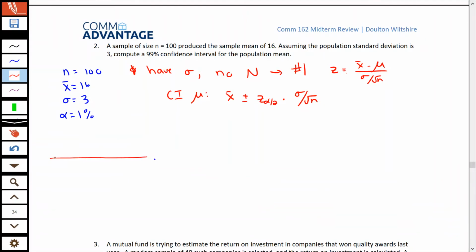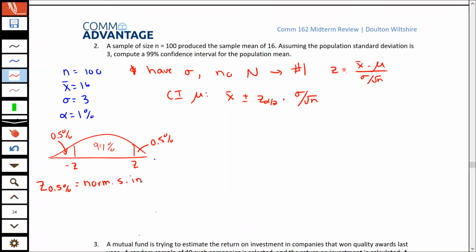So if we're dealing with a 99% confidence interval, that means that we are putting that 1%, that alpha, split into both tails. So that means that there's 0.5% in each of our tails here. And to find the Z that goes with that value, where it's going to be negative on the lower end, positive on the upper end, we're going to use our NORM.S.INV. So that Z of 0.5% is